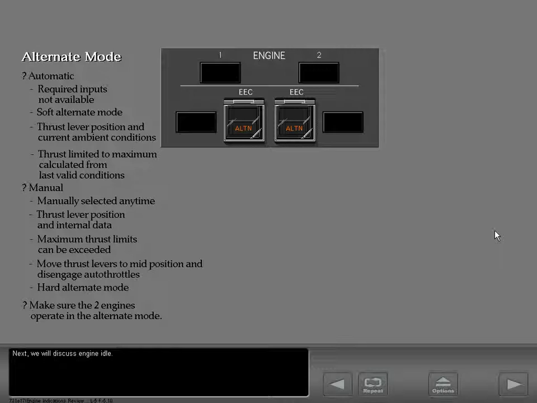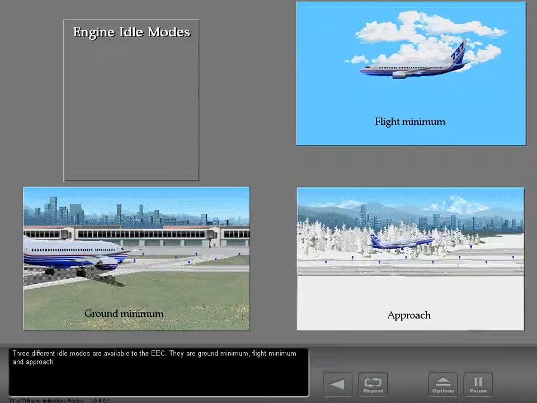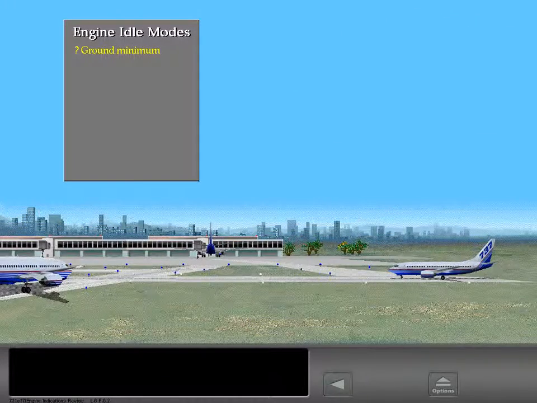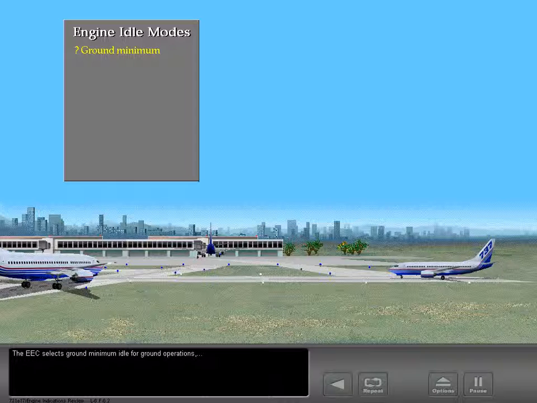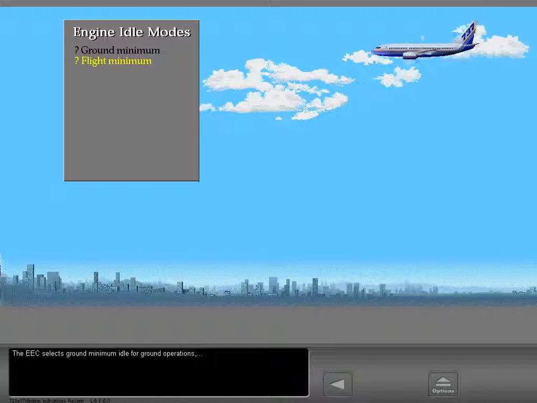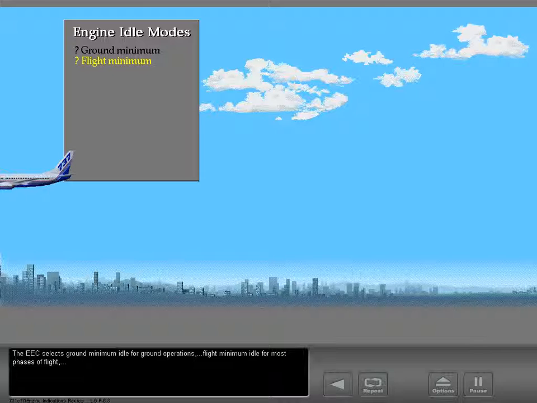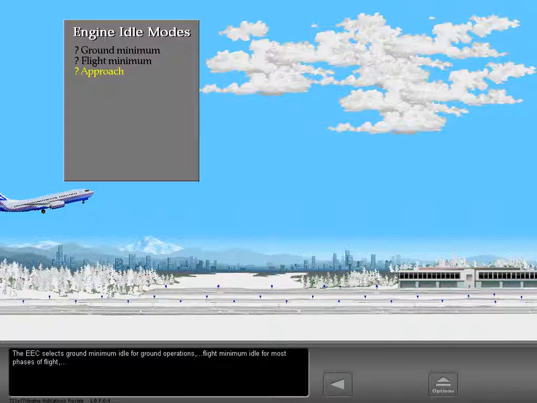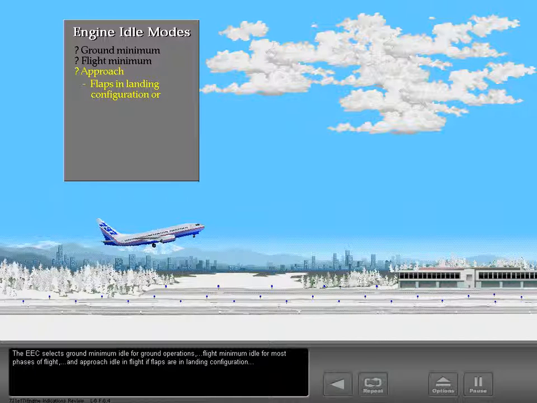Next, we will discuss engine idle. 3 different idle modes are available to the EEC. They are ground minimum, flight minimum, and approach. The EEC selects ground minimum idle for ground operations, flight minimum idle for most phases of flight, and approach idle in flight if flaps are in landing configuration